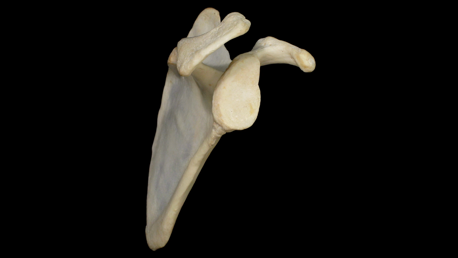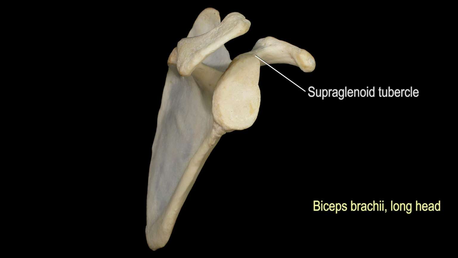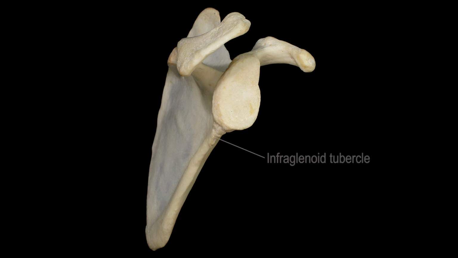Just above it, we have the supraglenoid tubercle, which is the attachment site, proximal attachment, for the long head of biceps brachii. And just below it, right here, we have the infraglenoid tubercle, the proximal attachment for the long head